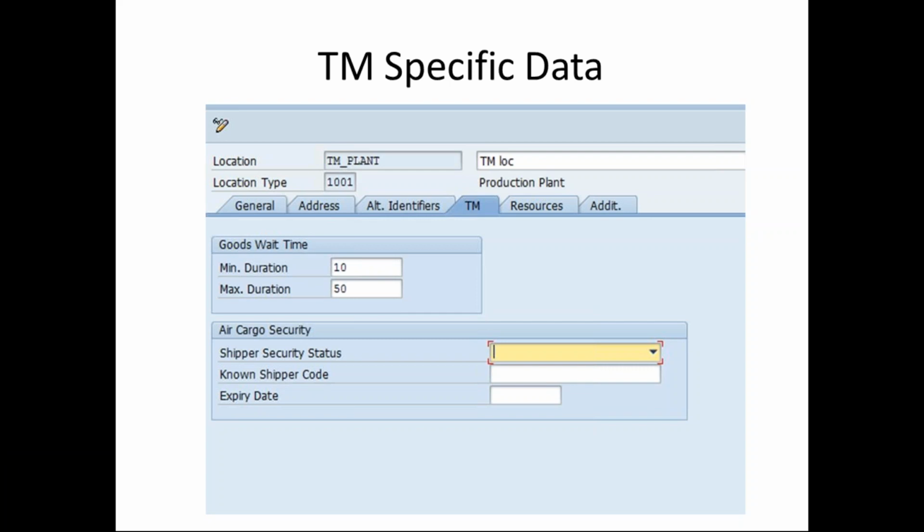There will be an IATA number or shipper security number. These are details which we have to provide if you are using air cargo as a transportation mode, and you will get them from the local authorities.